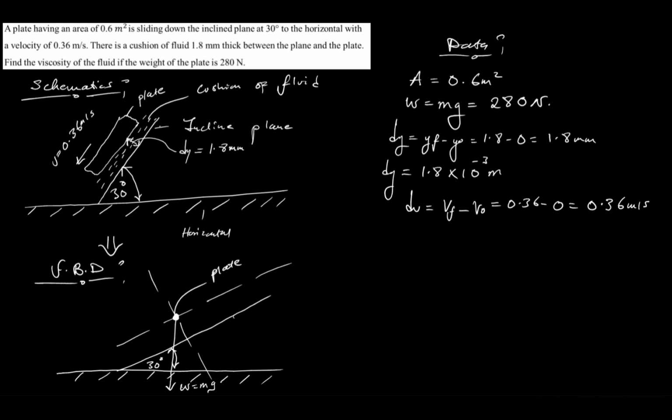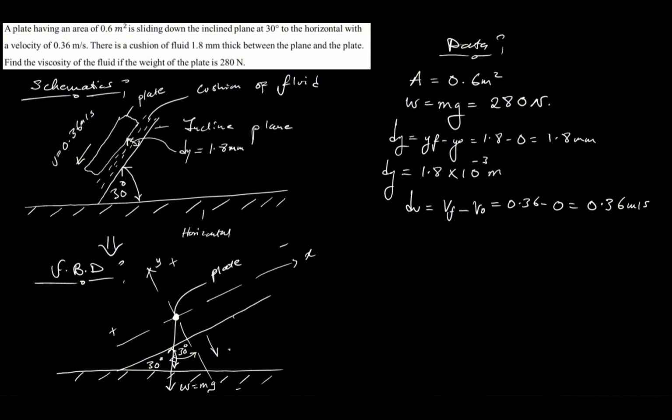So basically this becomes our x-axis and this becomes our y-axis. In a basic sense, we know that we can create a sign convention to be this side positive and the other side negative, this side positive, the other side negative. So the angle we have here, which is 30 degrees, is the same angle we're going to have here as 30 degrees. Now resolving this tells us that we have one component in the y, which is going to be